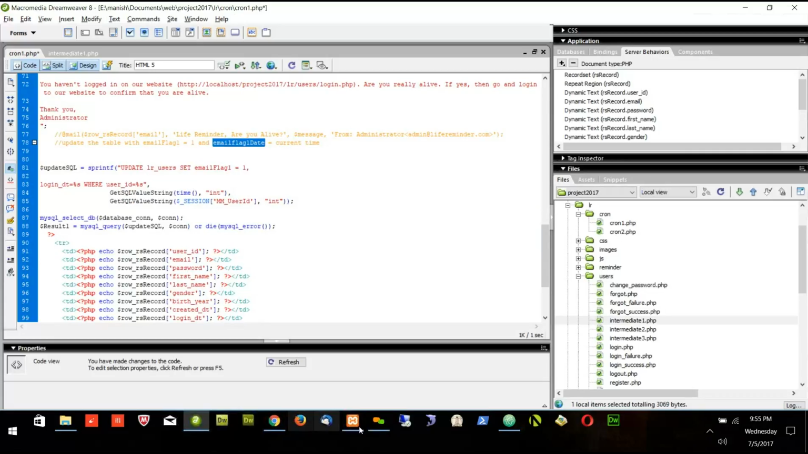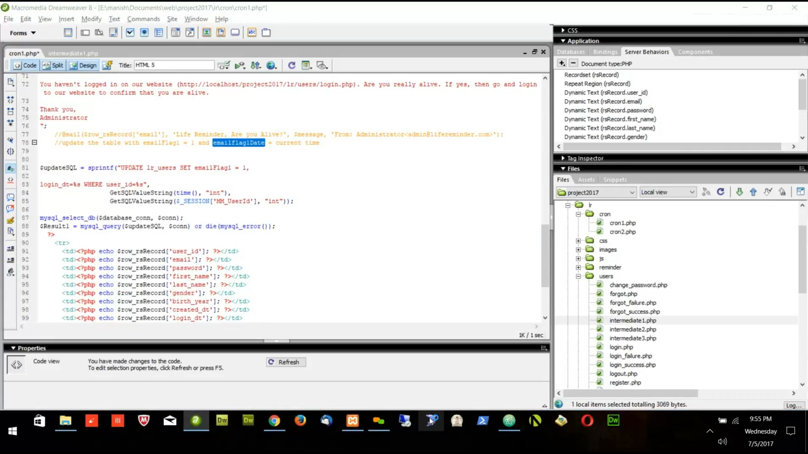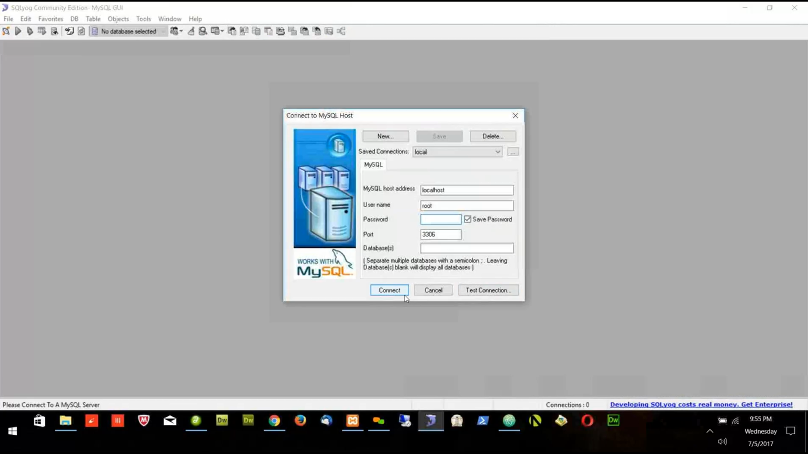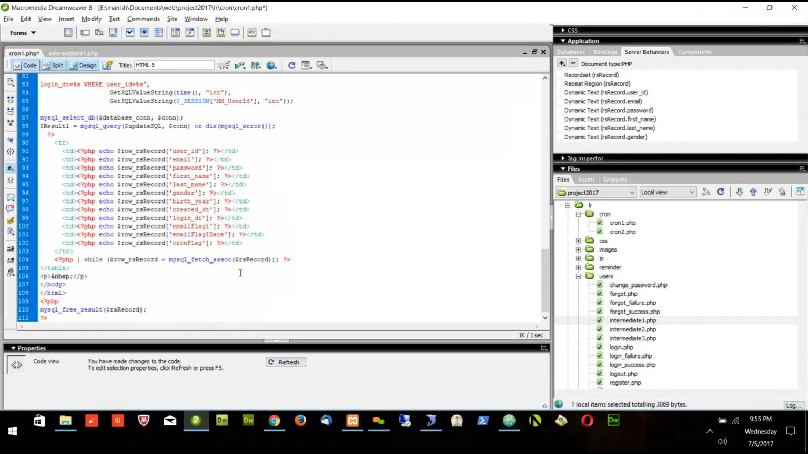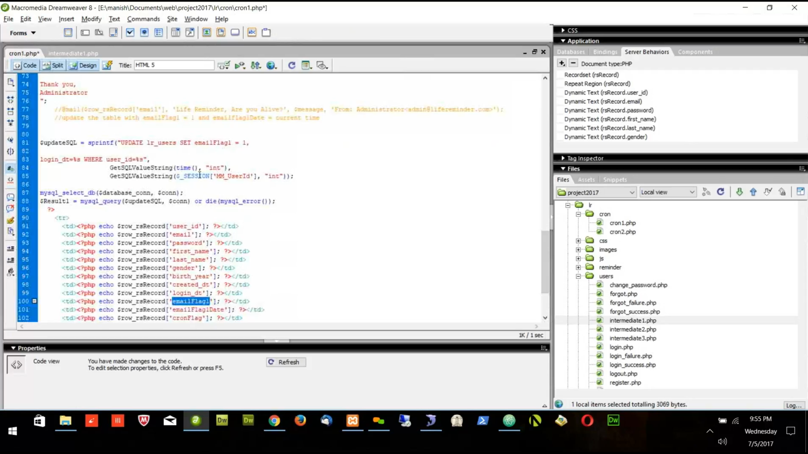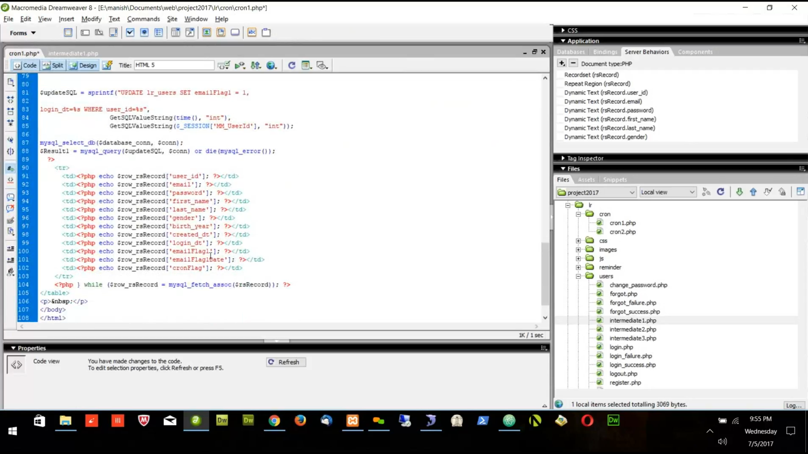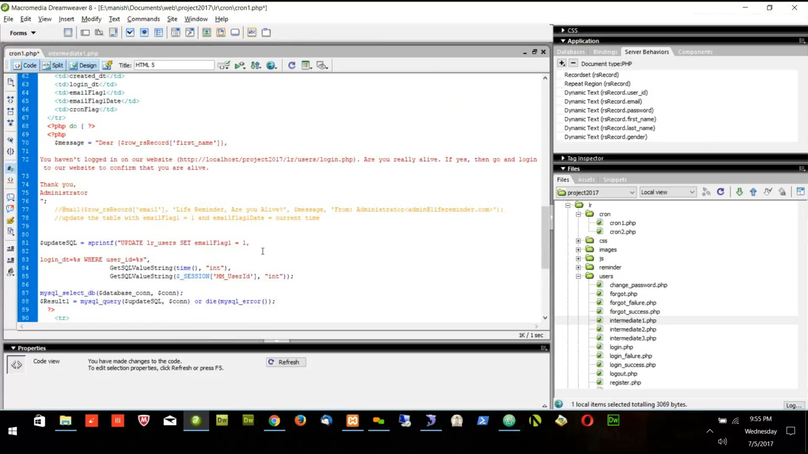Let's go to the database and see the exact spelling of these two. If I put the wrong spelling, it will be wrong. I can copy from here also. This is email flag 1. I will set email flag 1 equal to 1, and I want to set email flag 1 date. Email flag 1 date is equal to,